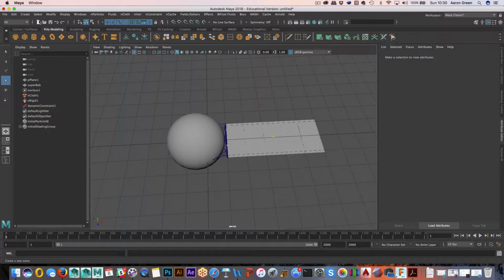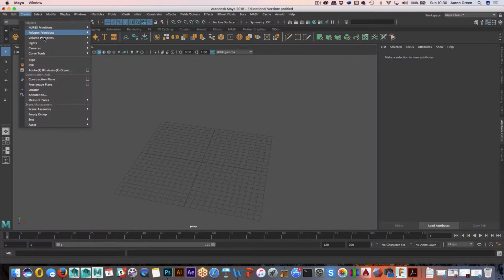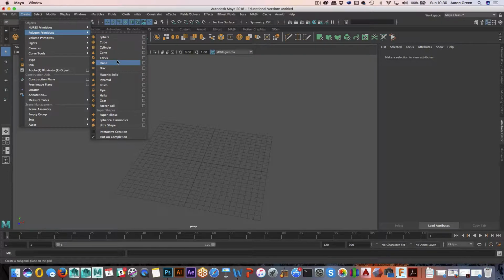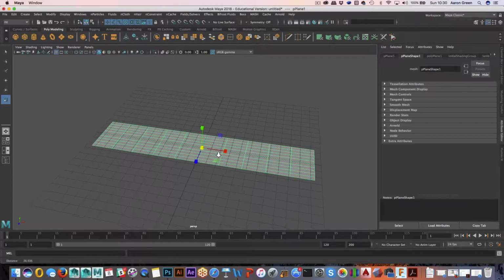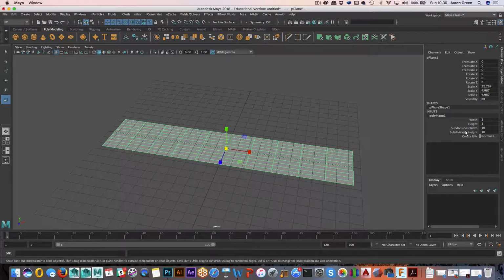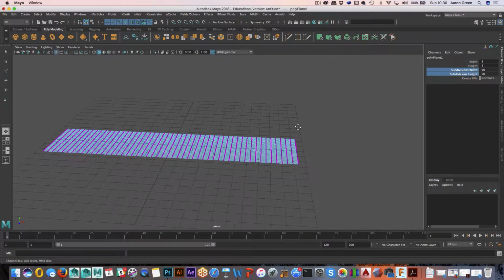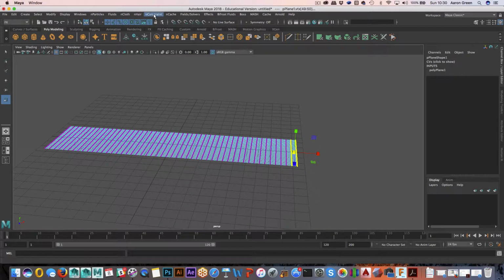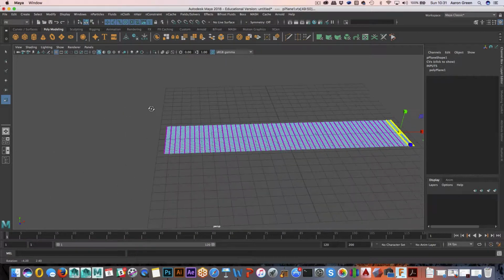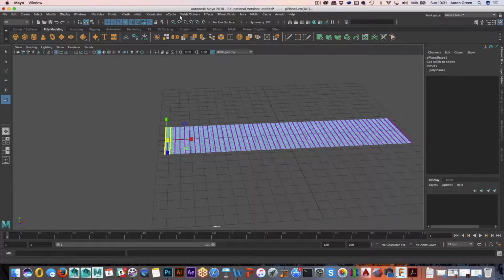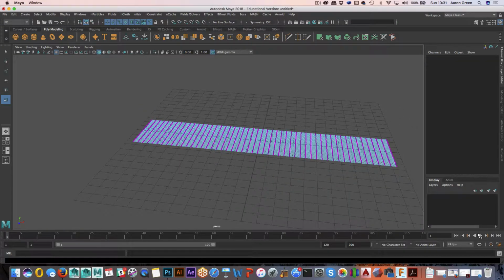So let's look at another example of nCloth, and we can look at a different kind of constraint. So I'm just going to go ahead and create a polygon plane. And I'm going to up its density. And then what I'm going to do is I'm going to make a couple of transform constraints. So I'm going to make a transform constraint. Make a transform constraint. If I hit play,